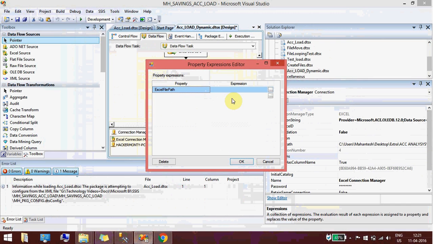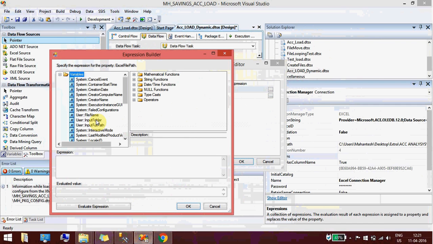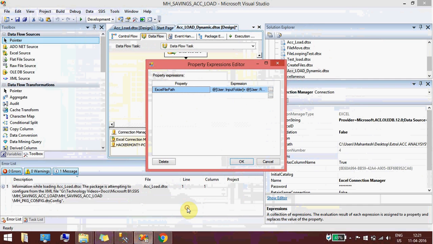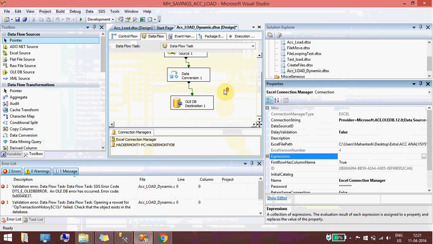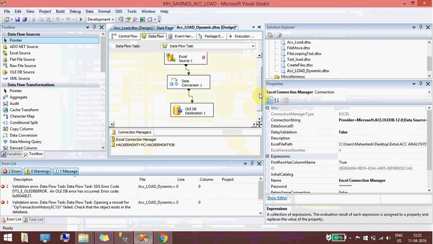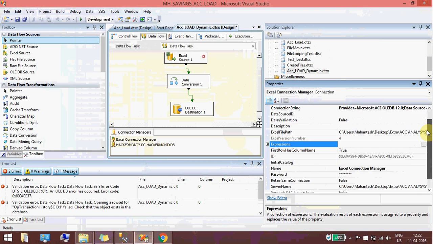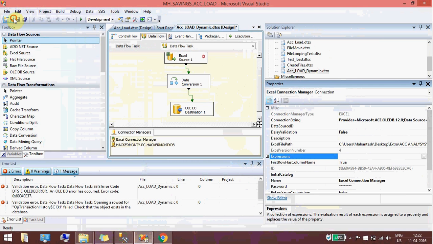So Excel path I'm defining. So input folder, and input file name I took. Just observe, this is the complete path. So what happens exactly is the Excel source will pick the data one after another, so no need to worry about this error. Just save.